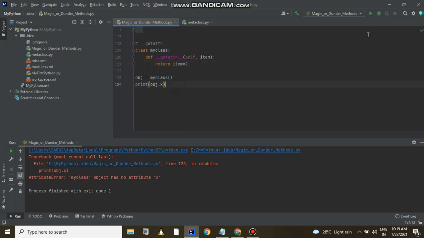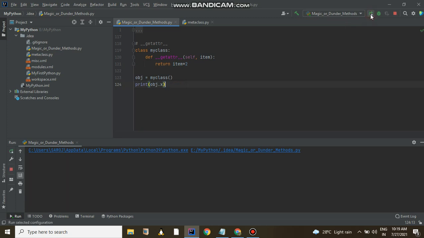Then suppose I try to execute it again. I am giving one attribute x, and it will multiply it by 2 and give us that as the return value, and I am going to print it here. So suppose your class has a method __getattr__ defined.